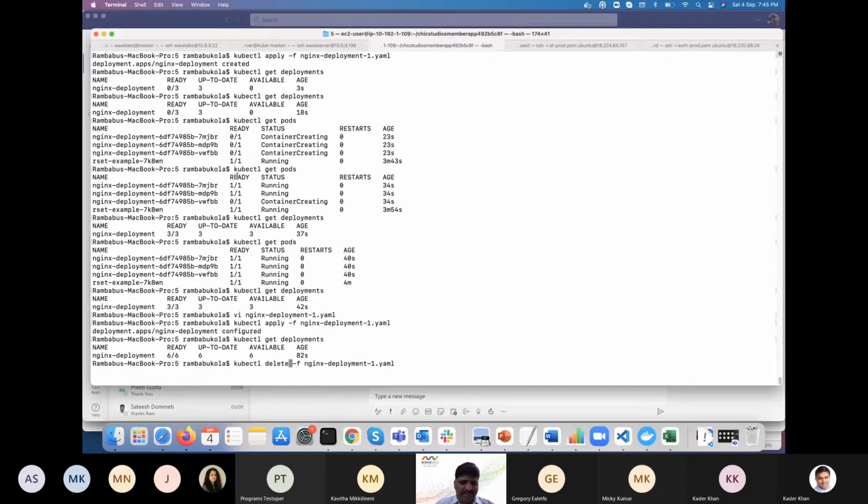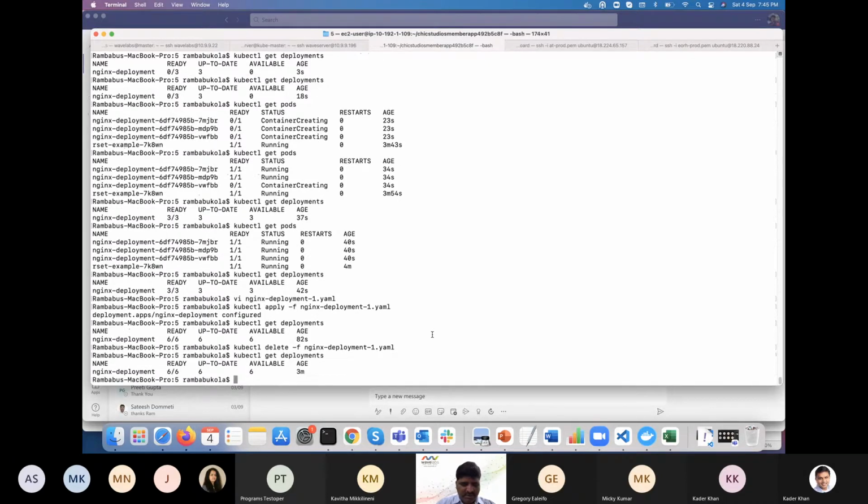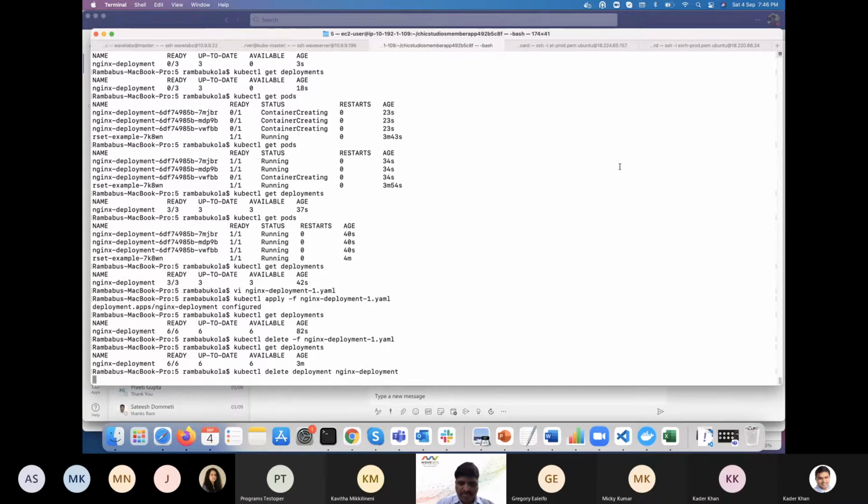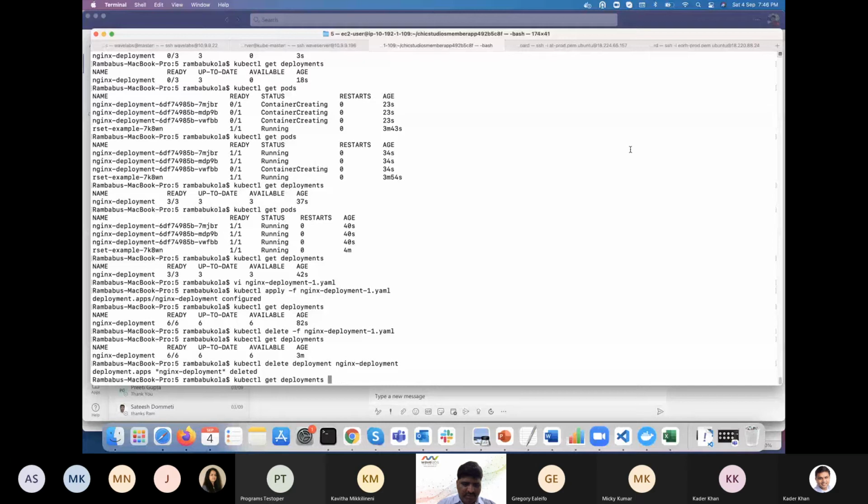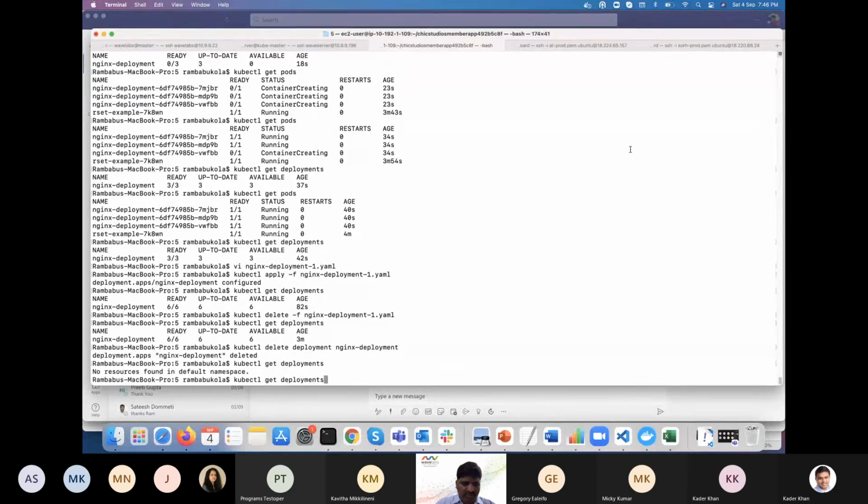You can just mention delete the file and it will delete, or there is also another option: if you don't have this file, you can delete it this way also. kubectl delete deployment, the deployment name. Okay, now if you see get deployments,